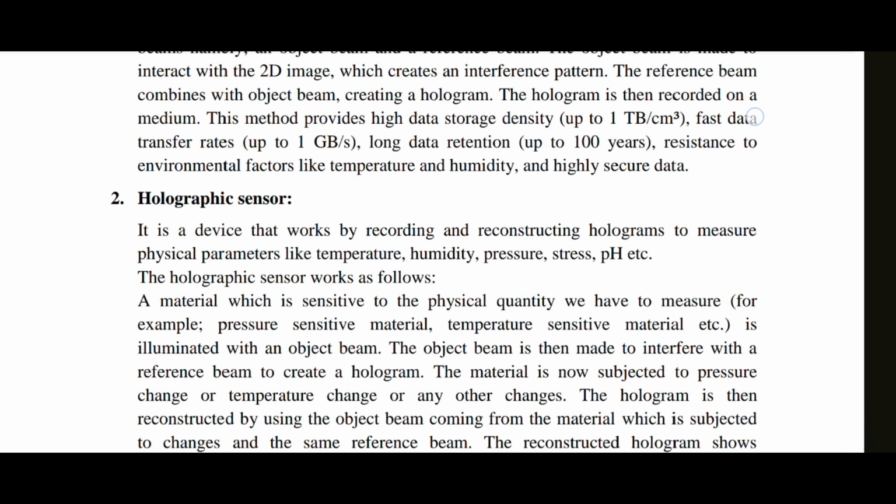Holographic sensor. This works on recording and reconstructing holograms to measure physical parameters like temperature, humidity, pressure, stress, pH, etc. A material which is sensitive to physical quantities such as temperature and pressure is illuminated with an object beam. The object beam is made to interfere with the